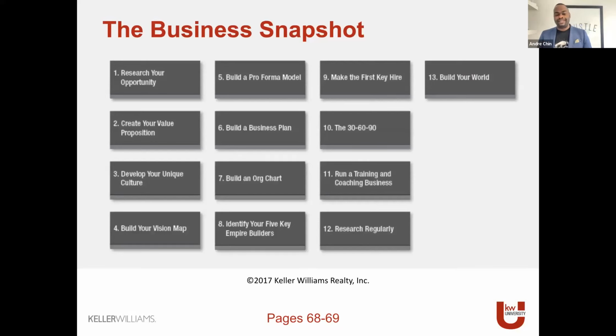Now, if we were to go back to the org chart, they're pretty well laid out for you. So your director of lead generation, your director of expansion, your director of operations, your sales director are probably 4 of those 5 people that you're going to need out of the gate in order to build that empire.